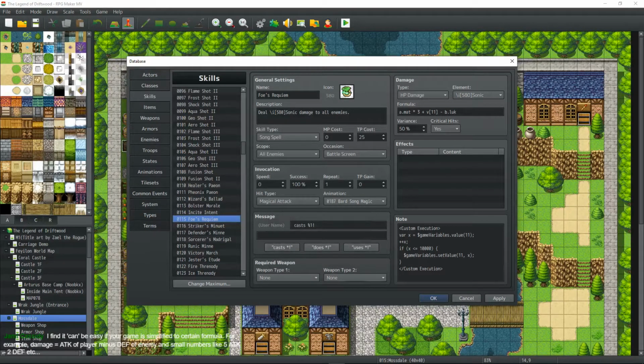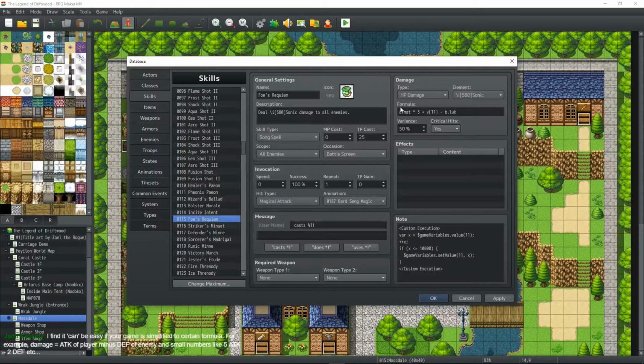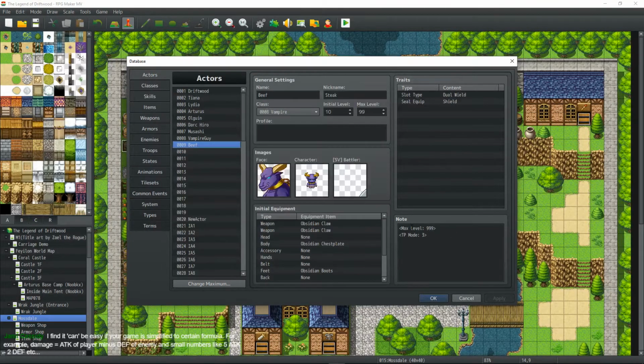Jamie Cassidy says that I find it can be easy if your game is simplified to certain formulas. For example, damage equals the attack of the player minus the defense of the enemy, and small numbers like 5 attack minus 2 defense, etc. Right. It depends on the complexity of your skills. Are you using variables in your damage formulas, and do you have custom parameter changes? Are you setting the parameters using the built-in parameter curves, or are you doing something like